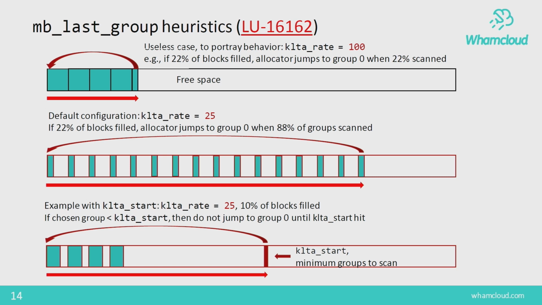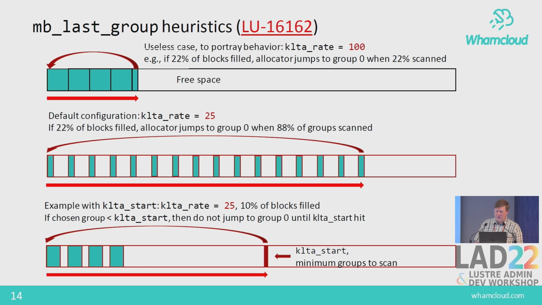And so there's a new allocation heuristic that's being worked on by HPE that's trying to bias allocations towards the start of the disk, to avoid using the slow end of the disk if that isn't needed. This is still in development, but there are discussions going on about this. They are essentially trying to balance between trying to do all of the allocations at the beginning. So they have this KLTA